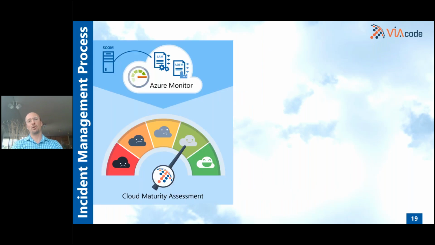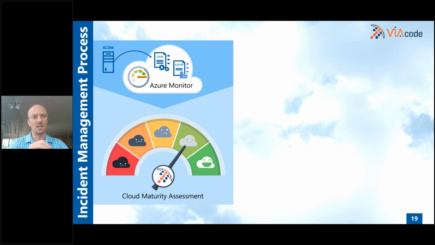So at VIAcode, we took an opinionated approach to this process, and for our own managed services, we implement a bunch of tooling to help deliver this. And I'm going to show you what we use under the covers. First of all, we've extended the existing Microsoft integration between System Center and Azure Monitor, and we actually published it on Azure Marketplace.